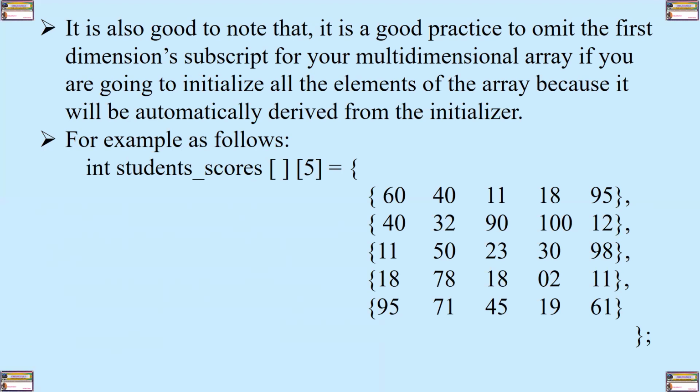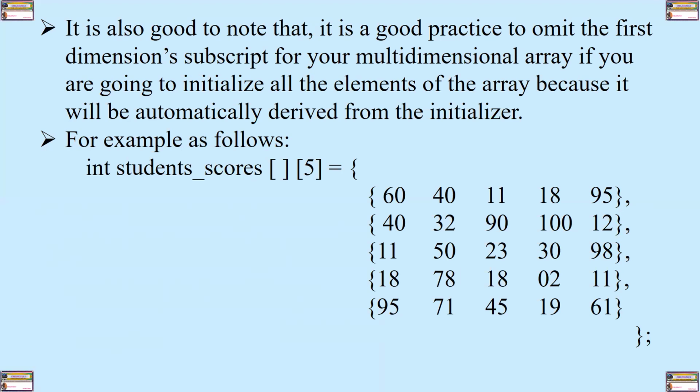That will be 5 rows. It will count them, because each row is enclosed in its own pair of braces, as you can see. So it will be filled automatically. But for the second dimension, you must always specify the number of elements